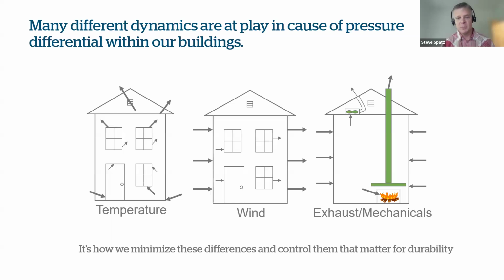We want the building shell to be as airtight as possible, and then to control the interplay of air movement from within the building to the outside, and then also the need of outdoor air for combustion, for ventilation occurring within the building. So exhaust systems, fans, et cetera, and mechanicals, heating equipment, is a significant player in existing buildings,